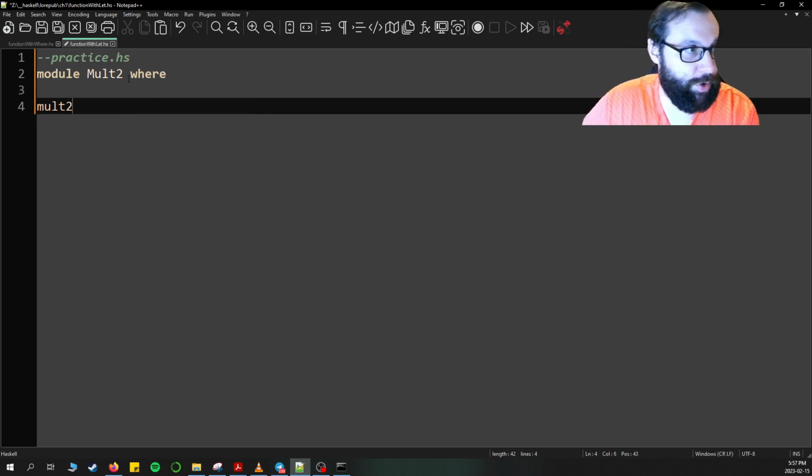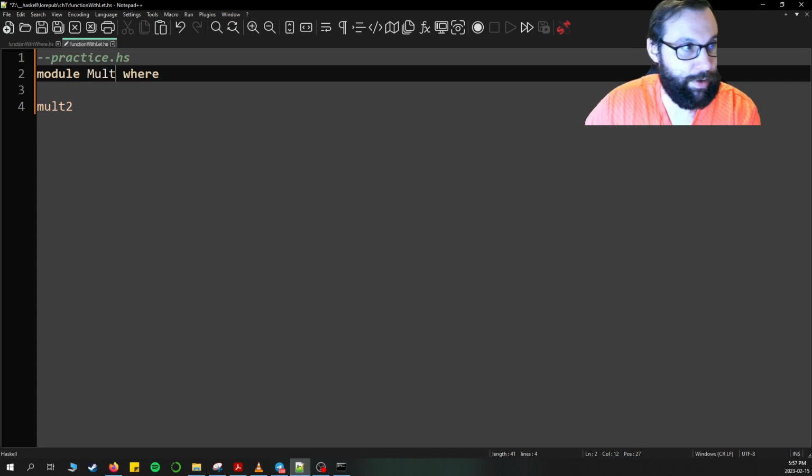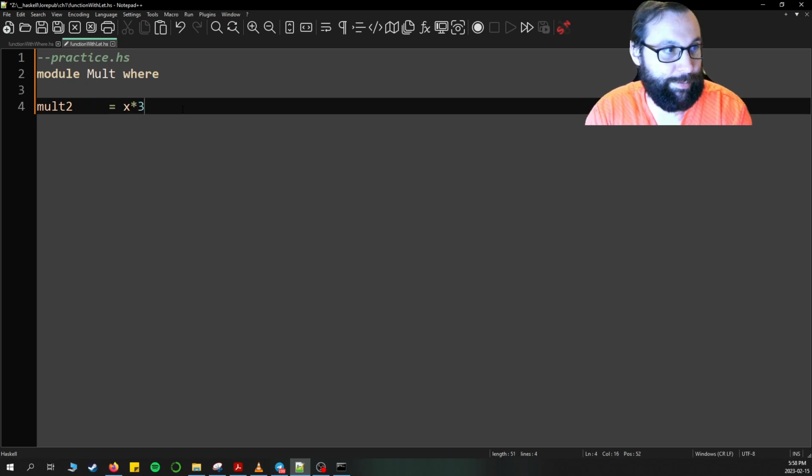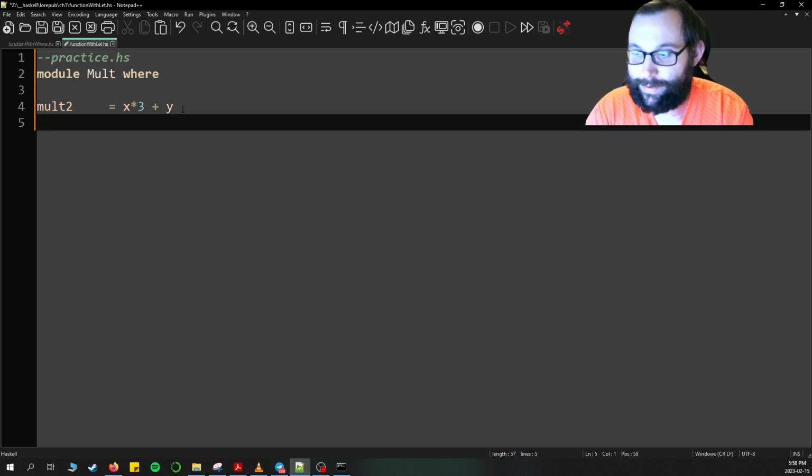Let's actually call it the molt module. Molt 1, molt 2, because we already did molt 1. So you have x equal to 3, y equal to 1,000, x times 3 plus y. So it'll say molt 2, we'll give it a few spaces, equals x times 3 plus y,